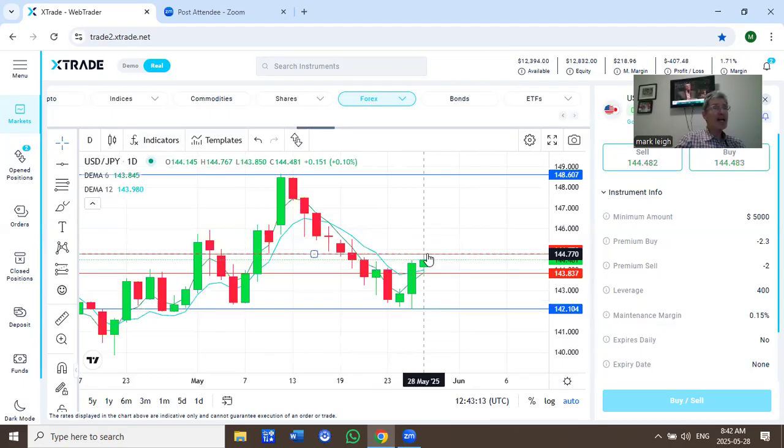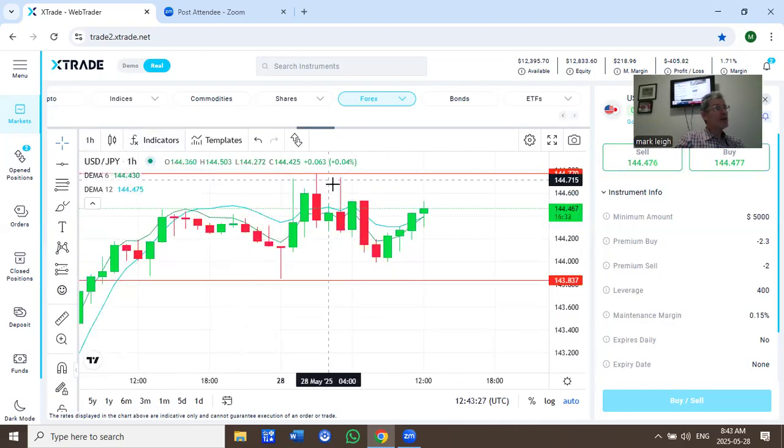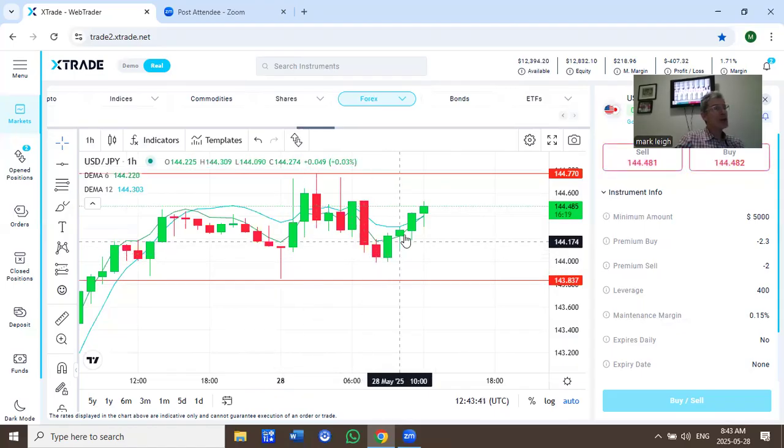Today, resistance is higher at 144.77 and have support at 143.83. US dollar fight back. If I zoom in on the hourly, there you'll see it came down, not as low as the support here, came down this time to 143.99. Let's call it the 144 area, acted as the support. Buyers stepped in, US dollar looking good the last 4 hours, 144.48, and buyers looking to come up and test the 144.77,